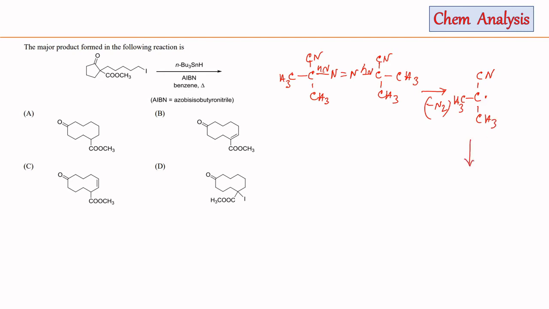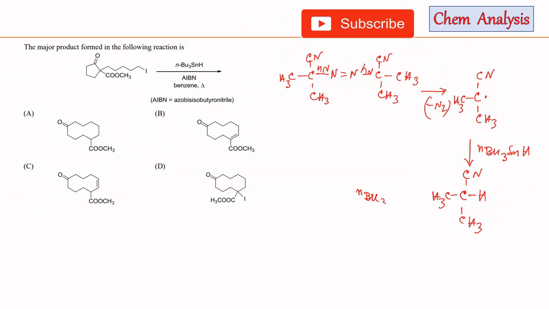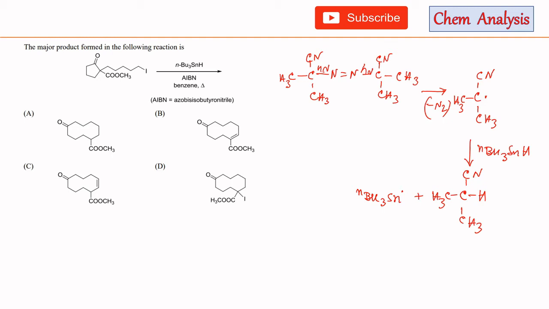And in the next step, it will abstract one hydrogen atom from tributyl tin hydride and will generate the corresponding tributyl tin radical. Now this radical can abstract one halogen atom from the given starting material and will form its corresponding radical. That radical will be